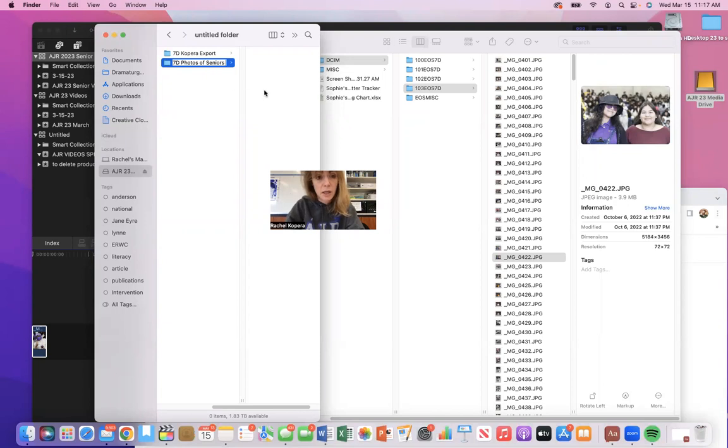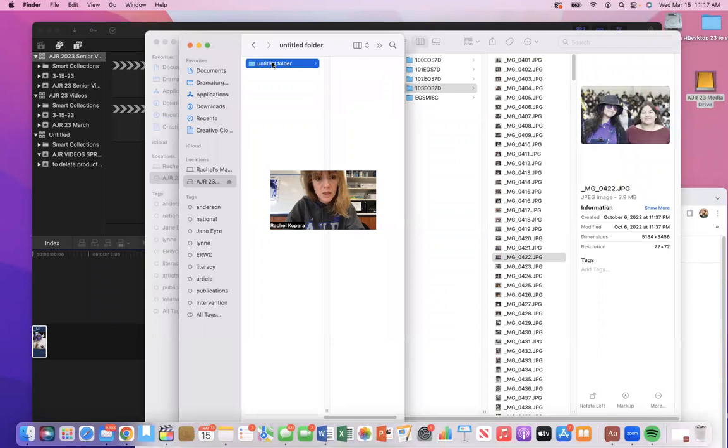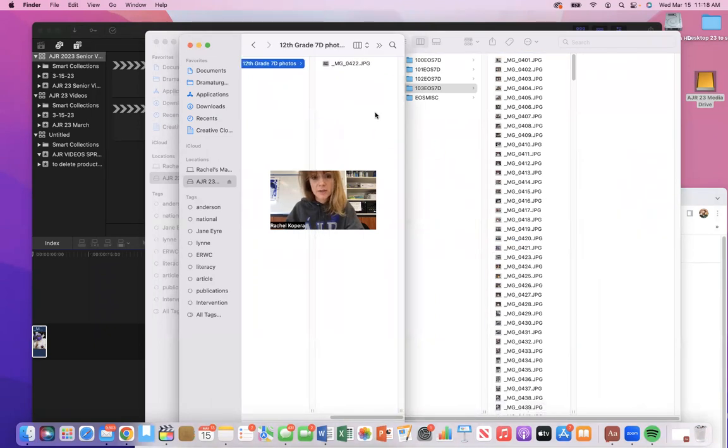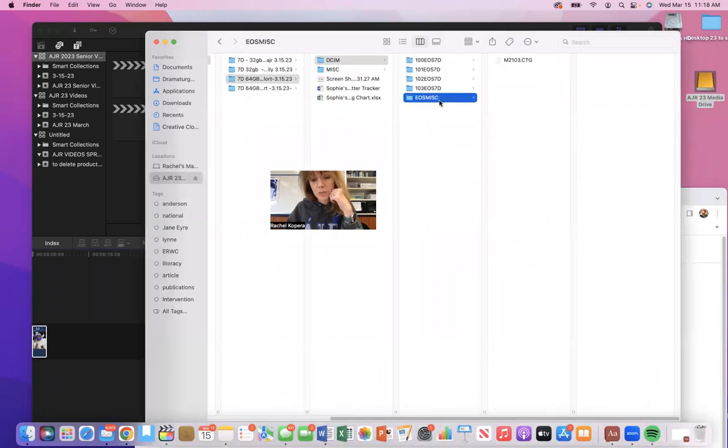And I'm going to make subfolders, because you want to organize it by grade. So this new folder will be senior year, 12th grade 7D photos. One thing you can do for me is begin to sift out and collect the photos of the seniors. Now, as far as creaming the cookie, what you're really doing is